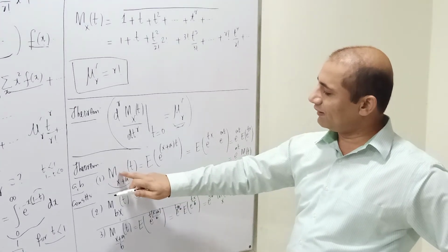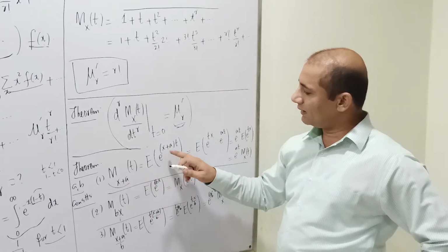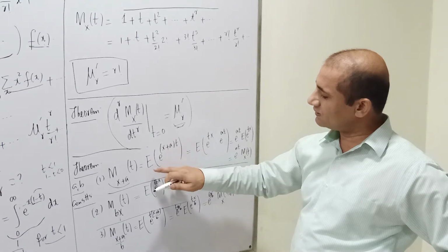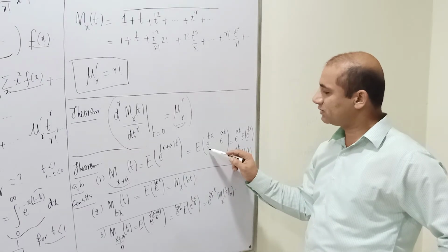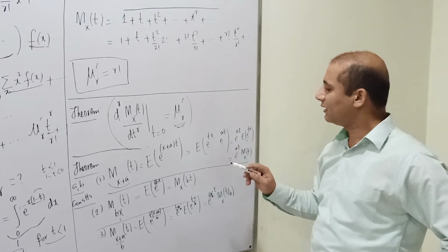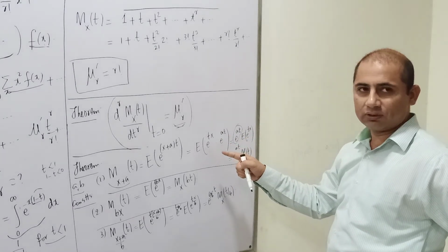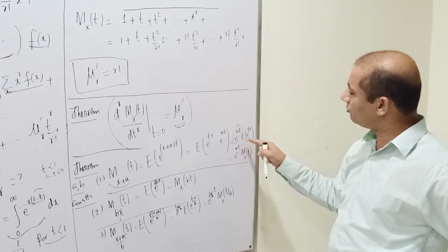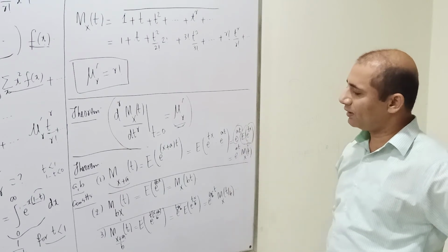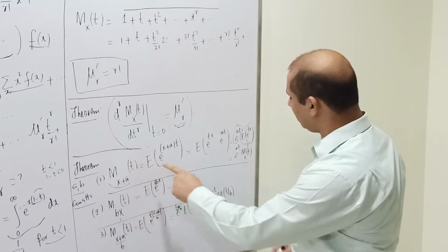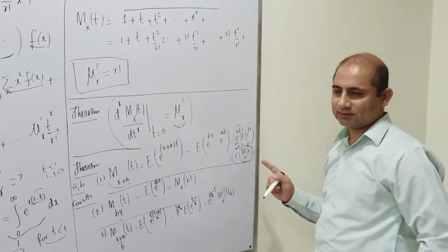So if we have M and instead of X we have X plus a, we obtain what? Instead of X we put X plus a, so this is the expectation of e to the power (X plus a) times t. If I separate this out, this becomes e to the power tX, and then e to the power at, and this e to the power at has no involvement of X, so it may go out like a constant, and we are left with the expectation of e to the power tX, and this is nothing but M_X(t). So from here we can see that M_{X+a}(t) becomes e^{at} times the old moment generating function, M_X(t).